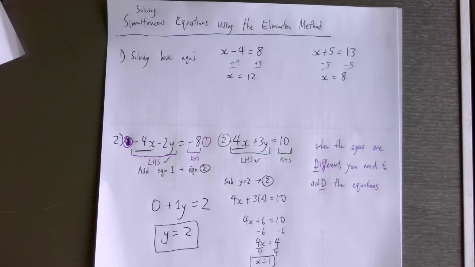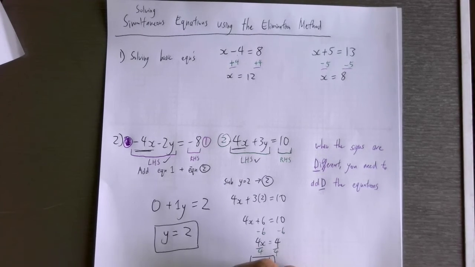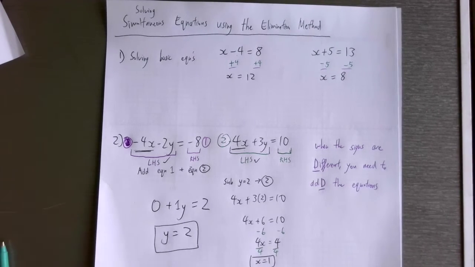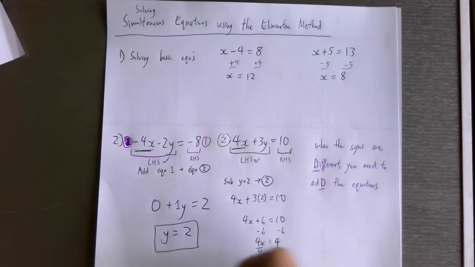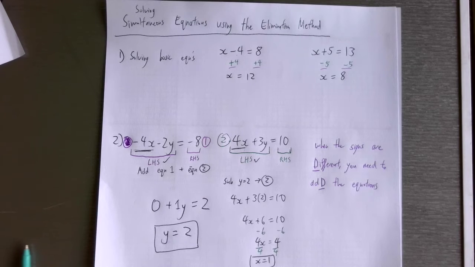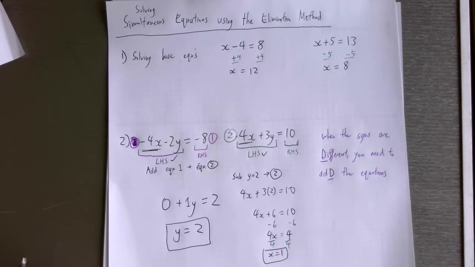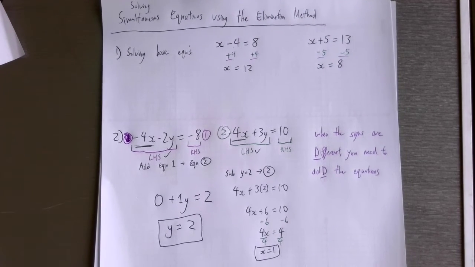So we've got x plus y equals 5. We've also got 2x plus y equals 7. And like our first example, we're going to label them equation number 1 and equation number 2. Now, this time, what we notice